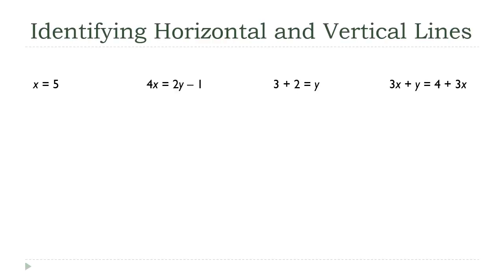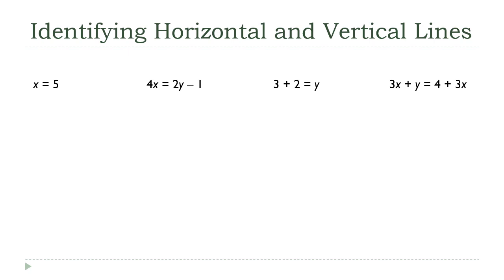So take a look at these three linear equations here. They are all linear equations. And I want to answer this question. Is each of these lines horizontal, vertical, or, let's call it diagonal for not horizontal or vertical? Okay, remember the key quick technique we have for making this identification is we look